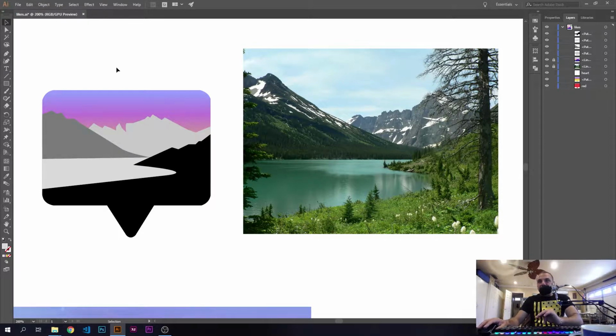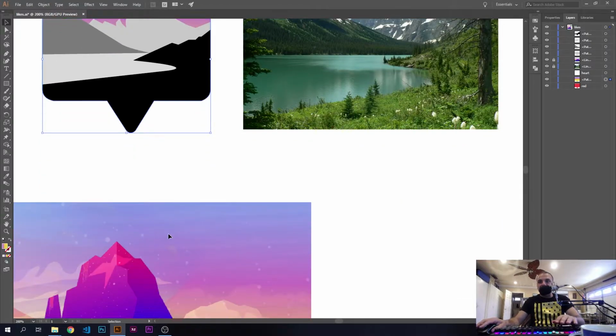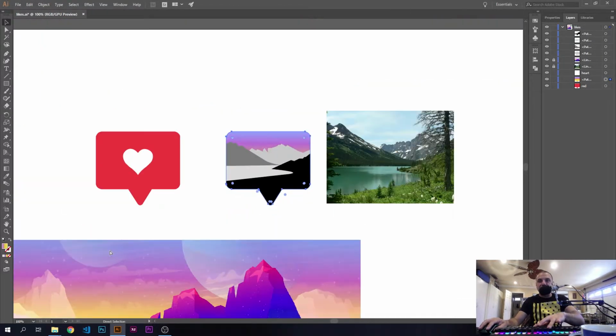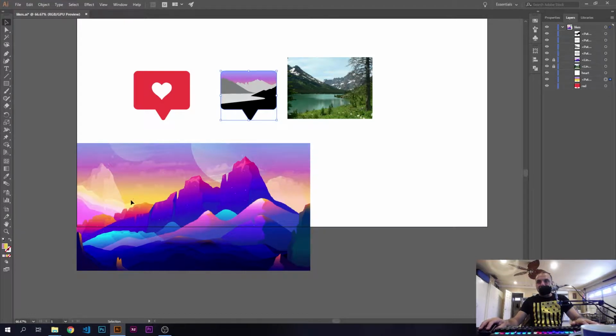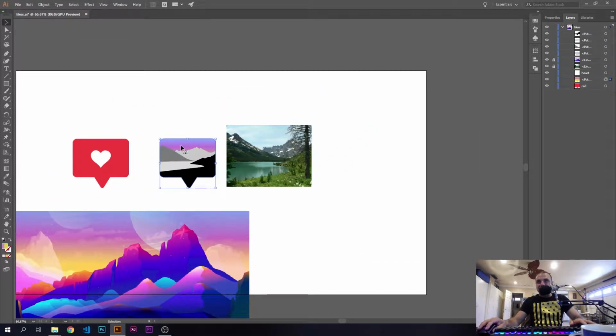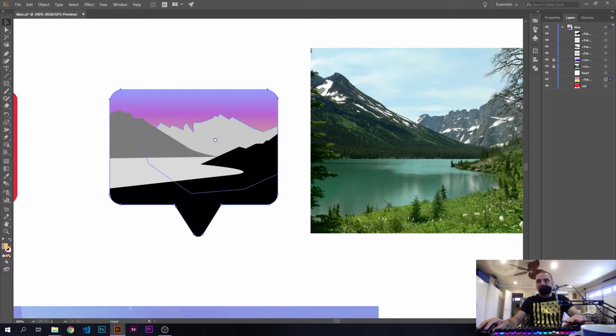So we got our essential tools, we got the shapes, we got everything going on. We can do some clouds later on. Now what I'm noticing right here is that we need to fix our gradient, because I want the yellows to show. If you guys come to this image, let's zoom out a little bit. You guys can see when the yellow pops, it's like the sun coming from the back. So I want that to show. So maybe we can actually grab this, lower it a little bit, so we can have maybe the sun pop over here just a little bit. That would be nice,